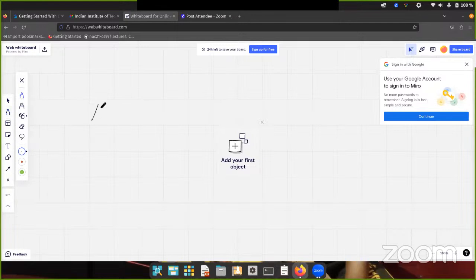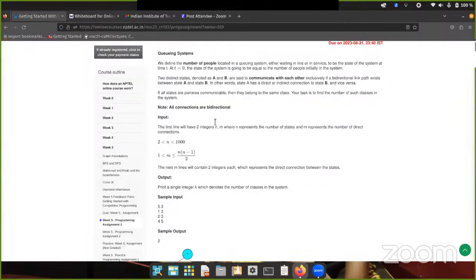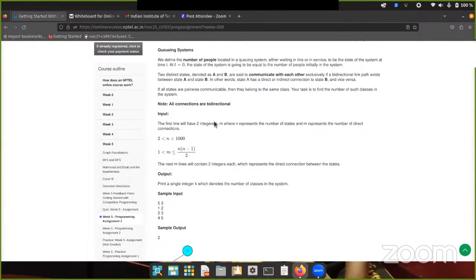So we have two states A, B. We can say they communicate with each other if and only if we have a path from A to B. That's what is given in the question. If all states are pairwise communicable, then they belong to the same class.